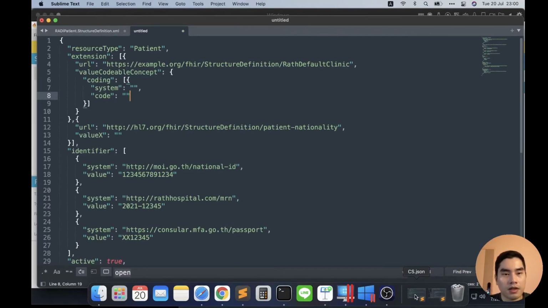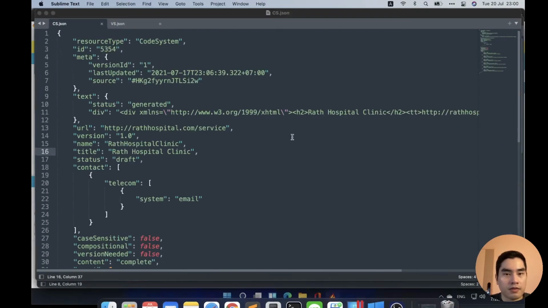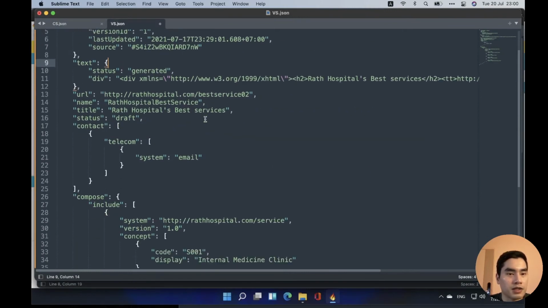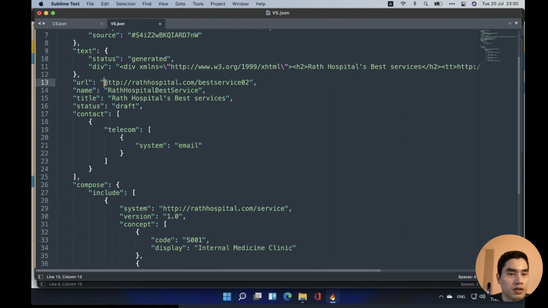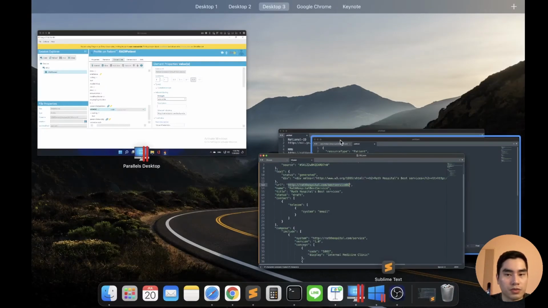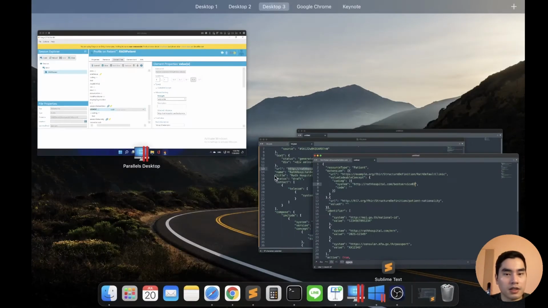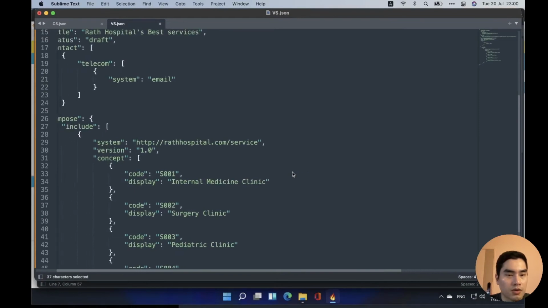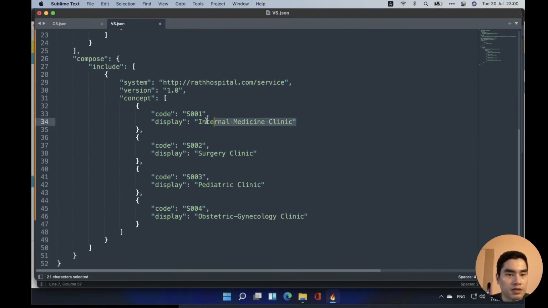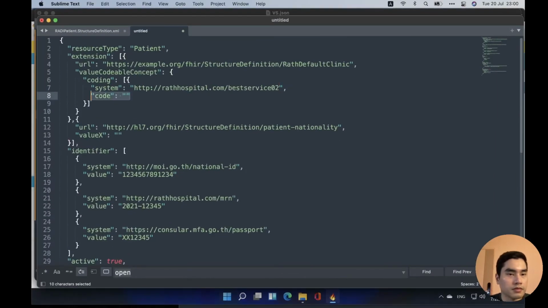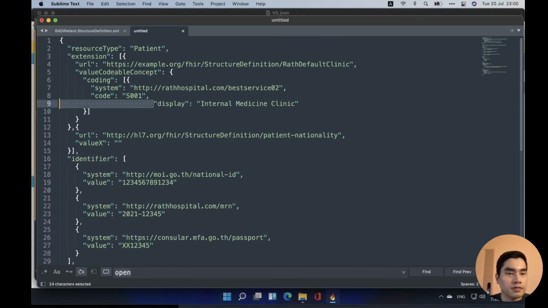The value set that I sent to the server last time is this one. So the code is Raspberry Service 2, and the system is here, and the code is maybe this guy. Like this.